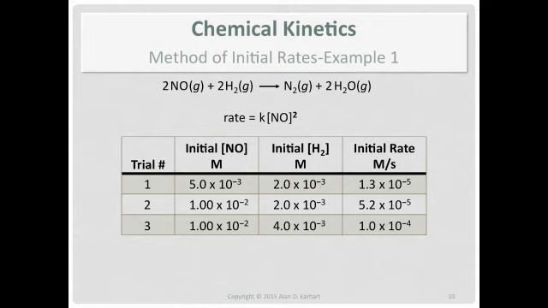So where are we on our rate law there up towards the top? Well, we now know the value of y. So now we have our rate law. Rate is equal to K times the concentration of nitrogen monoxide squared times the concentration of H2. So that's the first part of it.